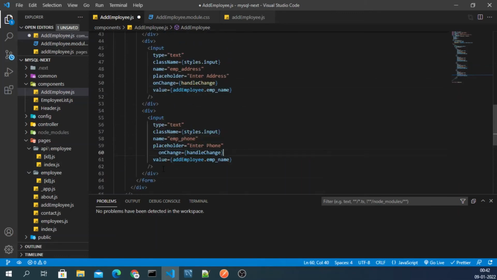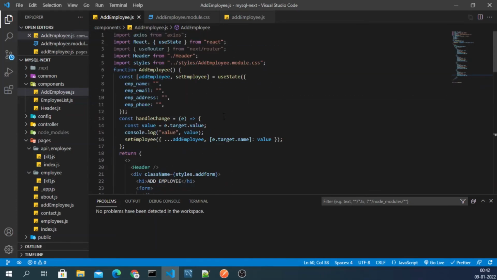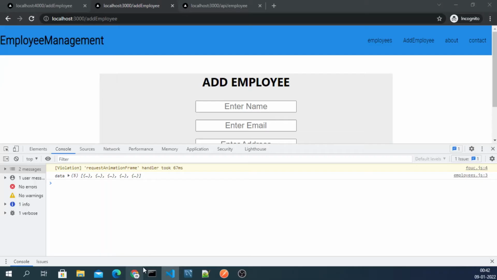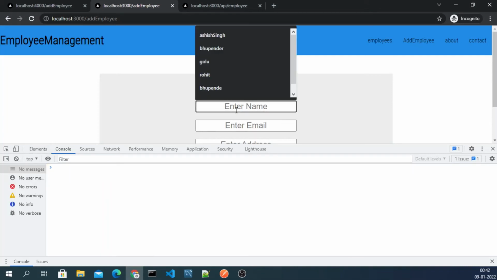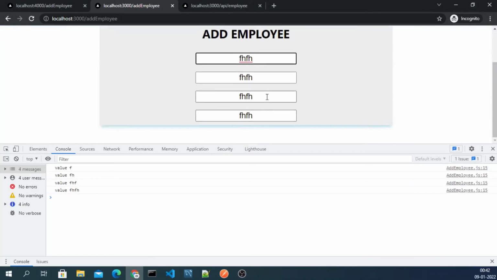Okay, now it looks good to me. Now if I try to enter something, you will see we are getting the value, whatever field I am entering.